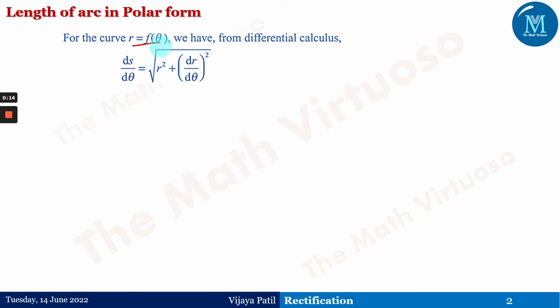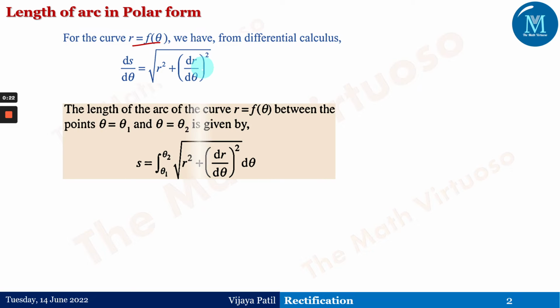r equals f of theta, we have from differential calculus ds upon d theta is equal to square root of r square plus (dr upon d theta) the whole square. Now, if we want to find the length of an arc of the curve r equals f of theta between the points theta equals theta 1 and theta equals theta 2, it is given by s equals